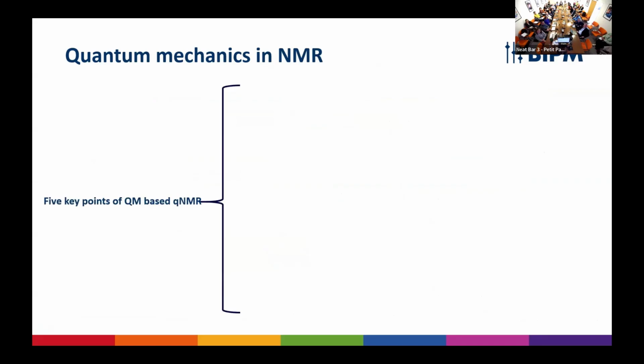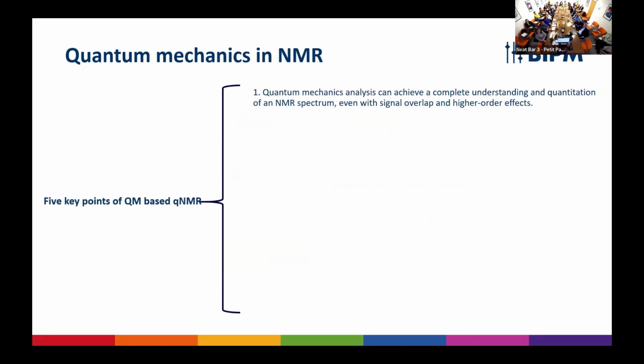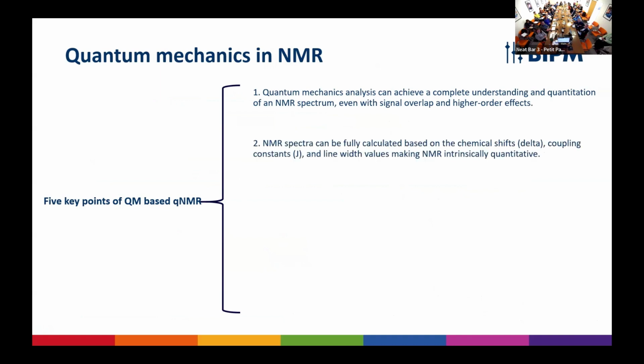So when we think of it, we want to think of some key points. Obviously, quantum mechanics can achieve a complete understanding and quantitation of an NMR spectrum. This is due to being able to identify all the spin parameters of each individual spin. So if there's signal overlap and higher order effects, these can be derived. In the previous talk about deconvolution, this was mainly looking at signal overlap, but with higher order effects, deconvolution does struggle. NMR spectra can be fully calculated,